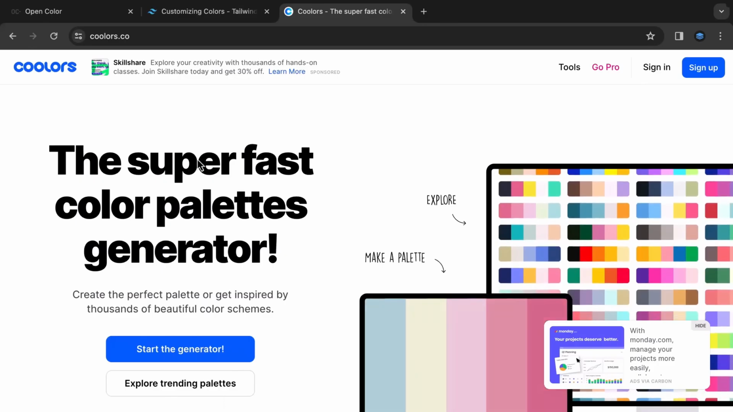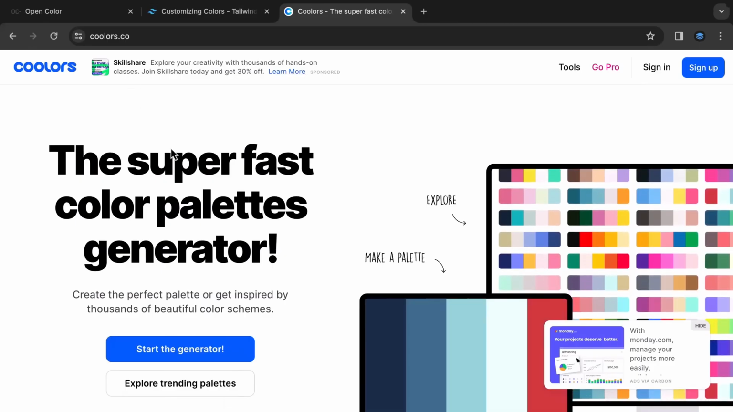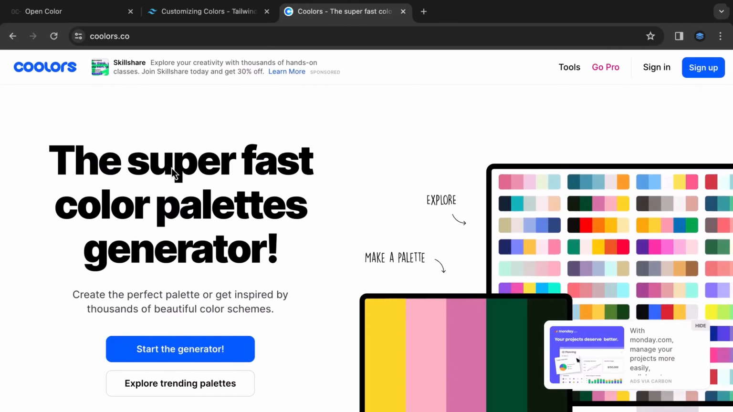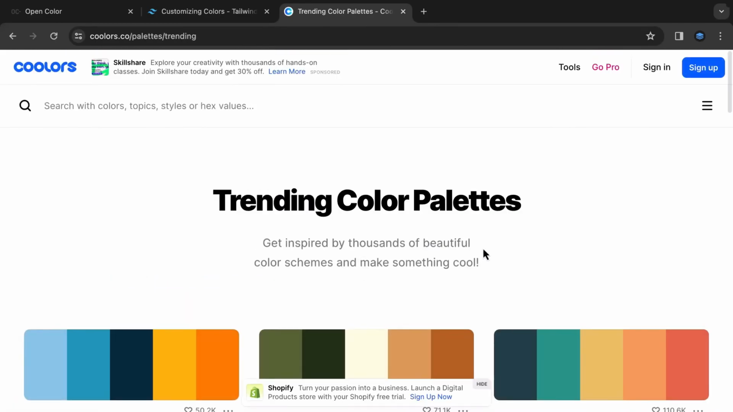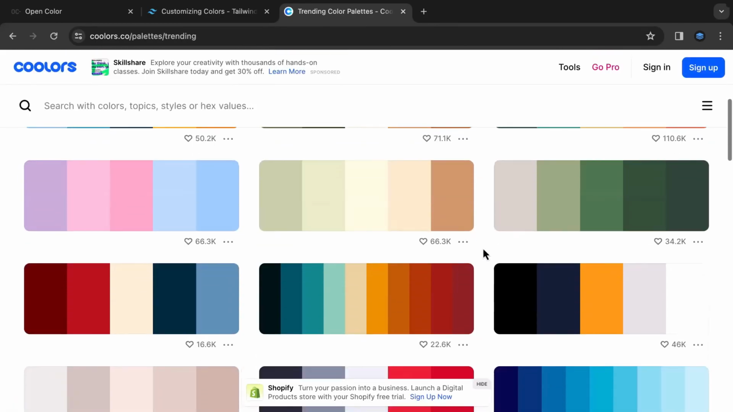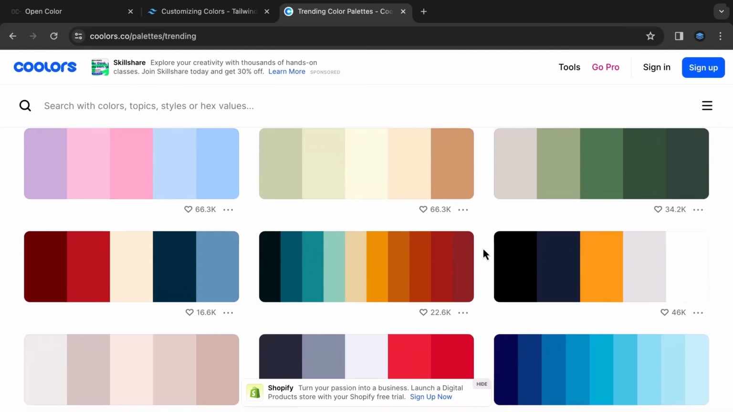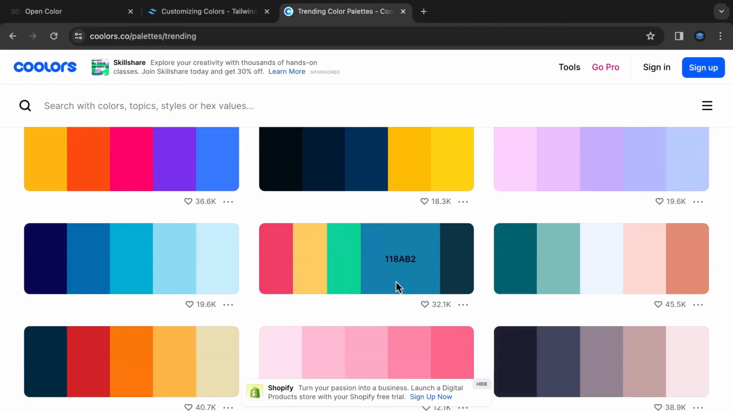If you want a bit more freedom to choose a color palette, a tool like Coolors is really popular. From the homepage, if I click Explore Trending Palettes, you can see that I'm given popular color palettes. So essentially, primary, secondary, tertiary, gray, etc. is selected for me. Now, if I wanted to use this color palette over here, I'd have to generate my